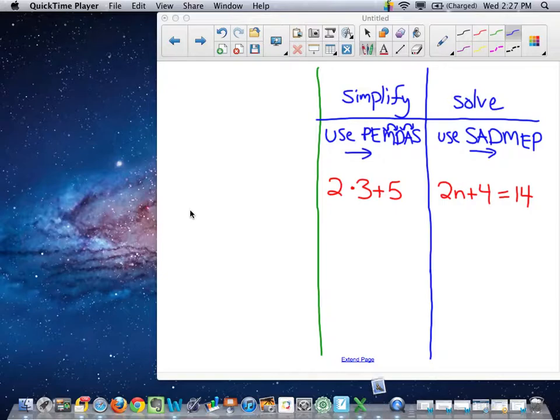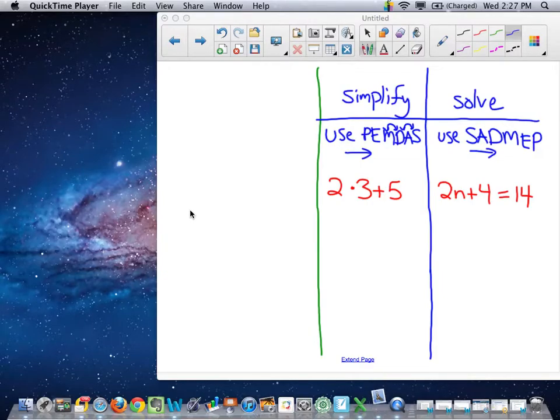Okay, now we are going to learn how to actually solve an equation. Now that you know the difference between a one-step and two-step equation, you can learn the steps to solving a two-step equation. So the first thing I want to talk about is there is a big difference between simplifying versus